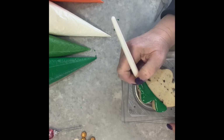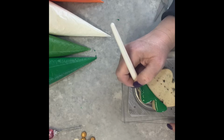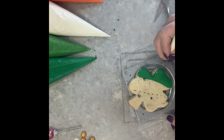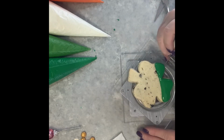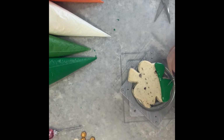And then I take one of these little sticks. You can also use a toothpick, so don't think you have to go out and buy everything when you're first starting out, just trying this stuff. You just use a toothpick if you want to. So I'm just going to smooth it to how I want it. This could be a little bit more rounded. Okay. And if you see any holes or anything like that, you just kind of...